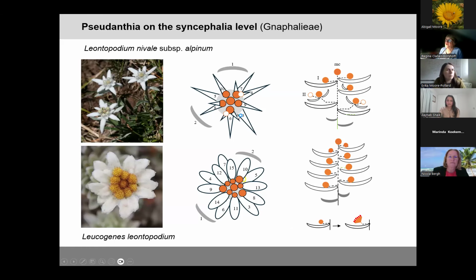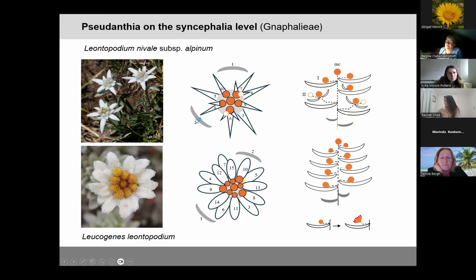Let's stay a short moment with pseudanthia. The most known example is the European edelweiss, which is a botryoid or rarely a reduced panicle, surrounded by bracts which are densely haired with woolly hairs. And this is obviously an adaptation to the alpine habitat. And the same pattern is found in the New Zealand edelweiss, where you have a botryoid with these enlarged subtending bracts, again with these woolly hairs.